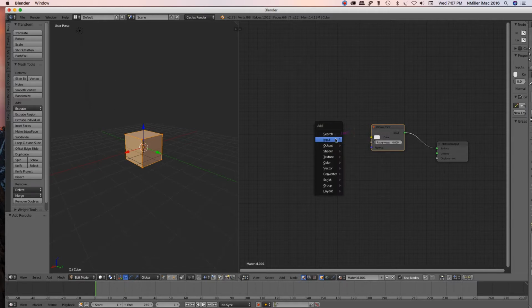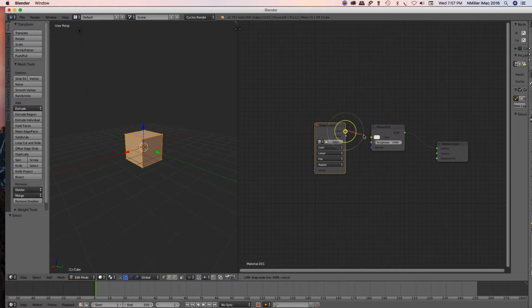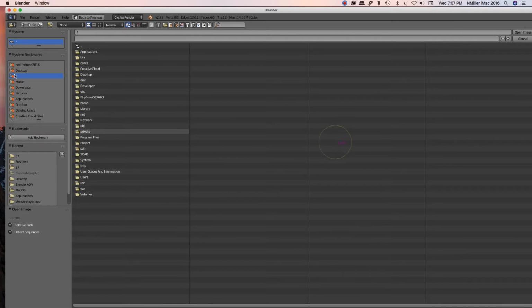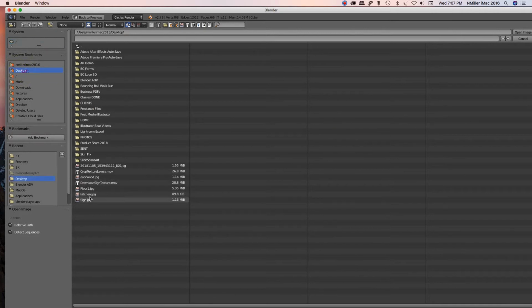Shift A, and then I'm going to add a texture, Image Texture. I'm going to grab this and connect color to the default color right here. I just left click, hold, and then this string comes along, and I can match it with the color here. See, there's that pattern. You just connect the similar colors. I'm going to click open. I'm going to go to desktop, and I have the door wood that I'm going to highlight and then open